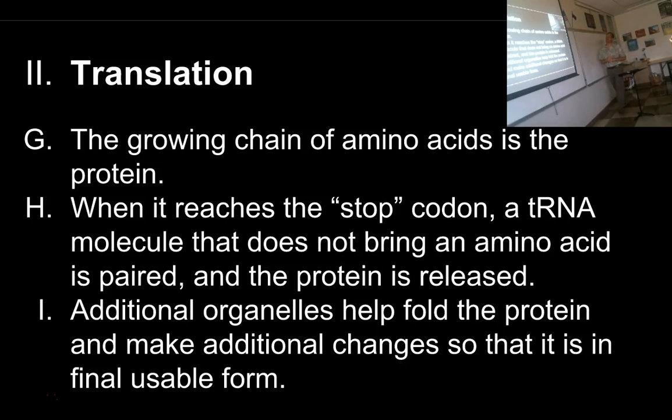When the ribosome gets to the stop codon, there's a tRNA molecule that does not bring an amino acid. It's just a dead end. So the ribosome goes to join this polypeptide chain to another amino acid, and there's no amino acid. And so the ribosome releases the protein, and the protein goes off, and the manufacturing of the protein will be continued by the Golgi body and other parts of the cell that are going to add more layers of complexity to this. But we're looking here just at how the protein is synthesized in the ribosome.